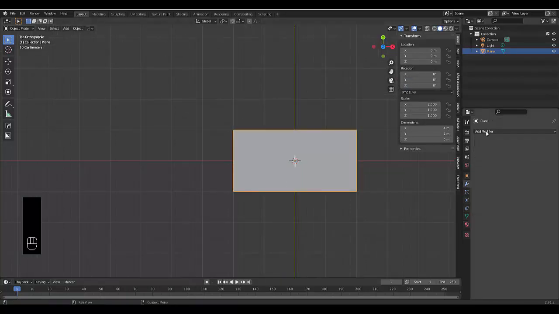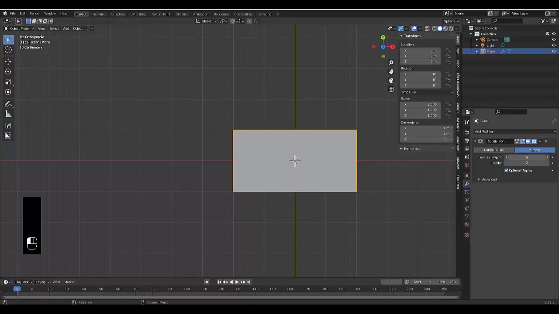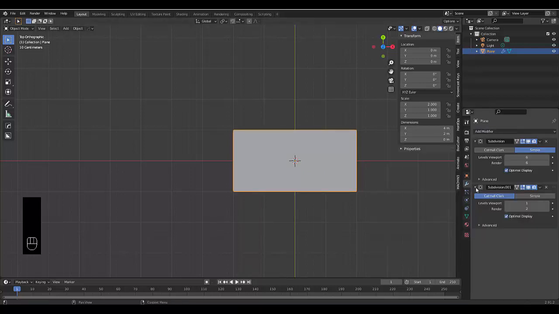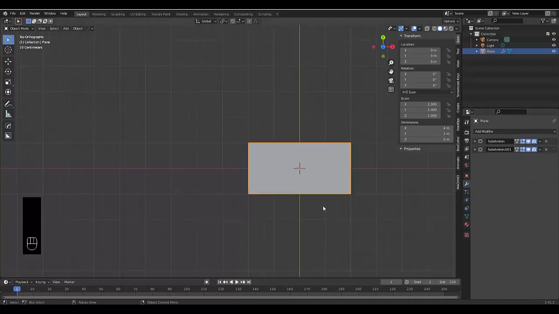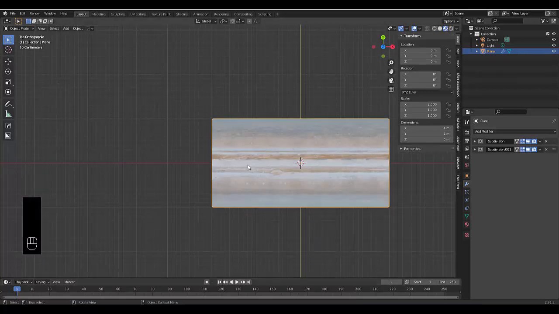Next thing I'm going to do is add a modifier quickly. Subdivision surface, keep it on simple, ramp it up to 6. Add another modifier, subdivision surface, and that should be more than enough modifiers for this example. We're going to change to material viewport so we can see what we're doing, and now we're going to set